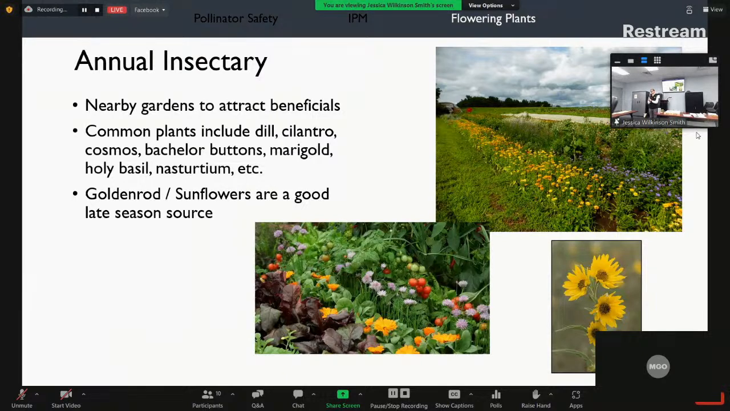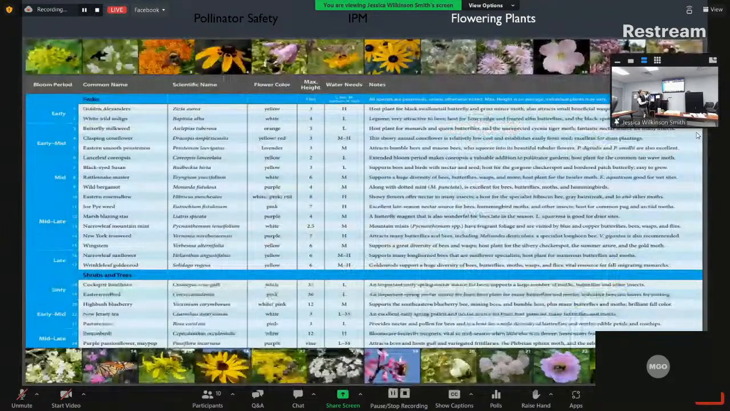So if they're all blooming in June and there's nothing blooming in August or September, not only is that not aesthetically pleasing for our landscape, but it's not pleasing for our pollinators or our beneficial insects that are looking for resources, right? So this is something put out from the Xerces Society, and you can see the bloom period here